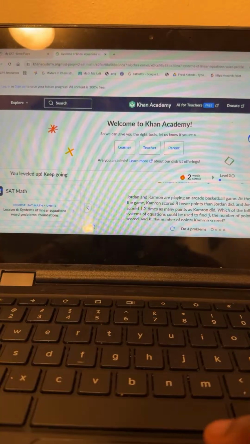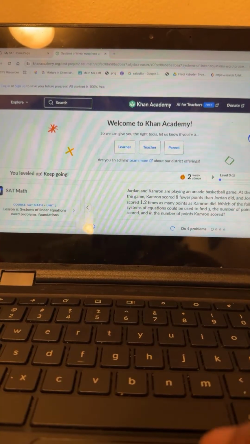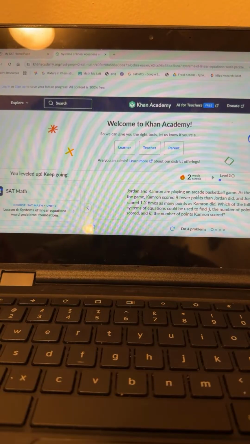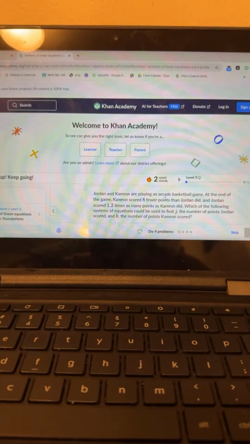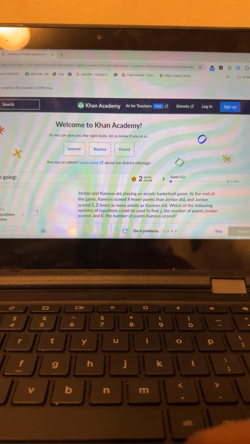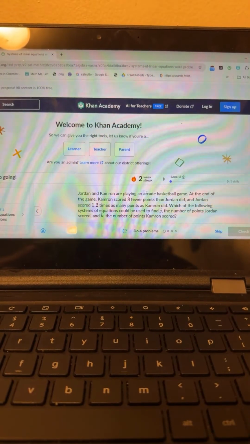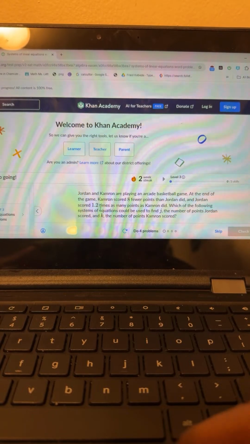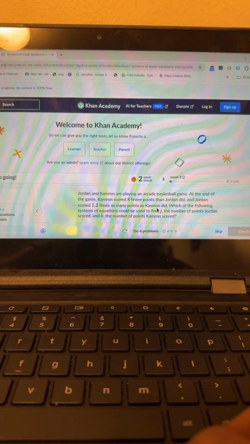At the end of the game, Carmen scored 8 fewer points than Jordan. Jordan scored 1.2 times as many points as Carmen did. Which of the following